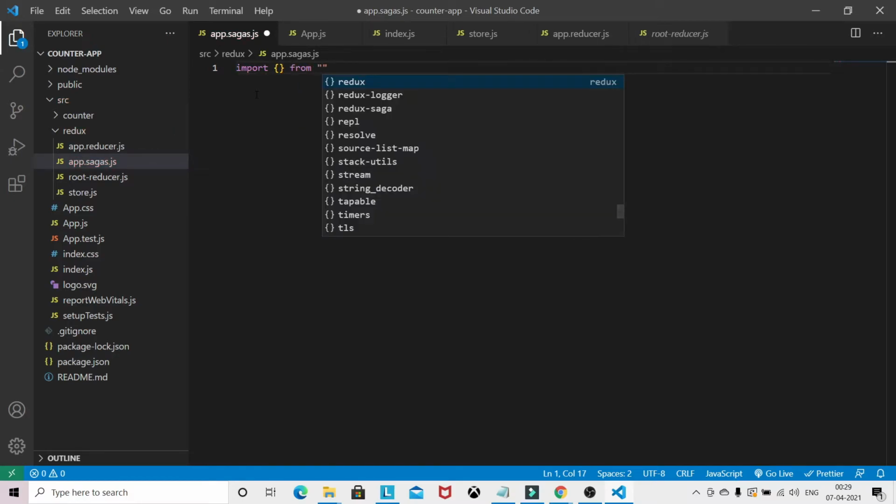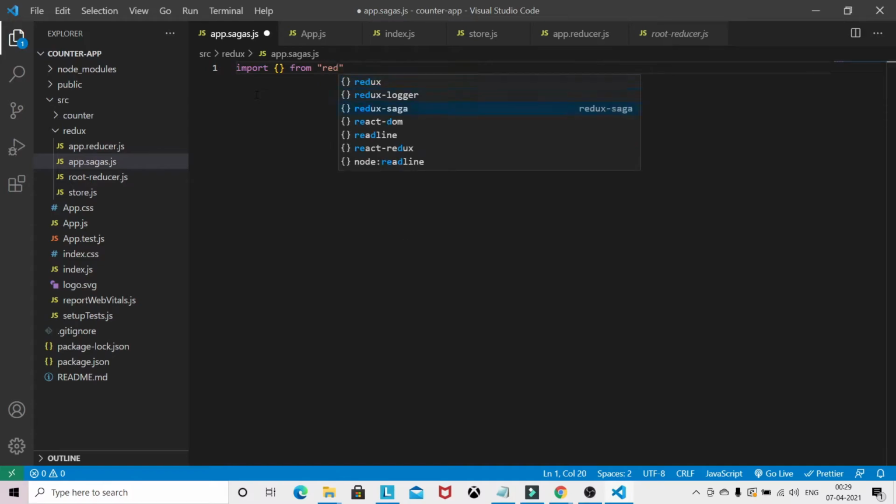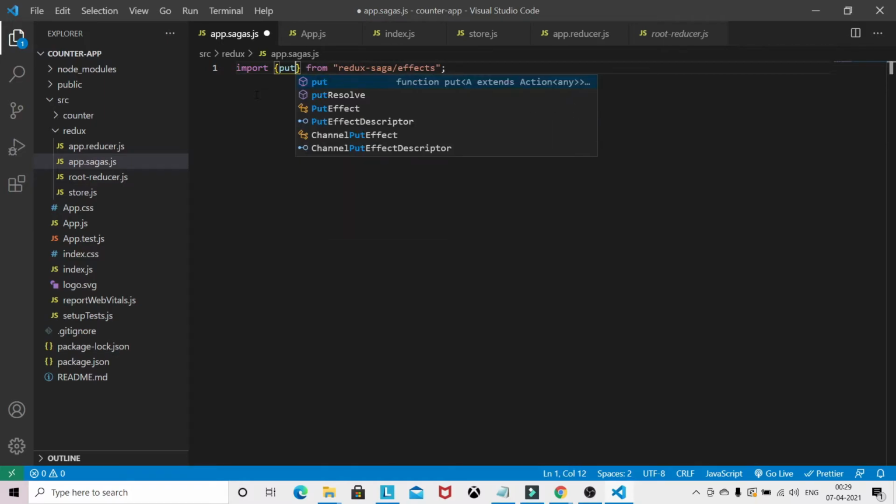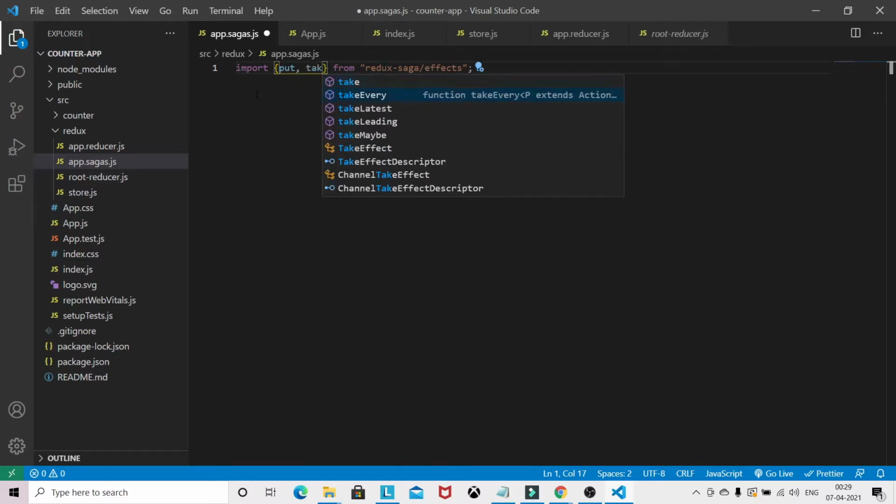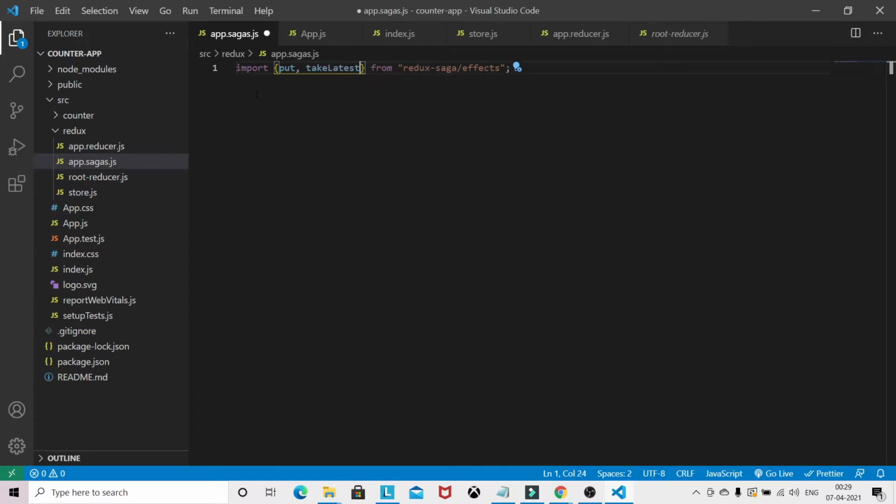From Saga we need two things: put and takeLatest. I have already made a video on takeLatest and takeEvery, so I will provide the link.